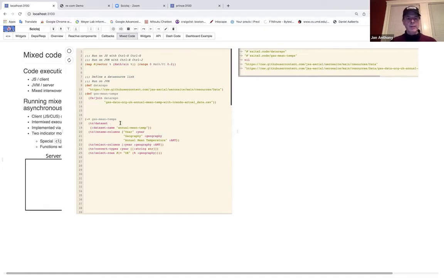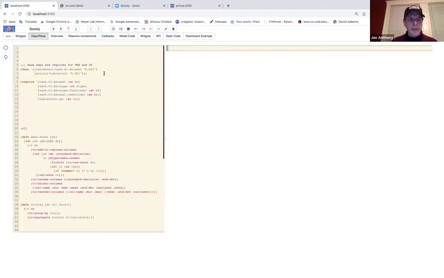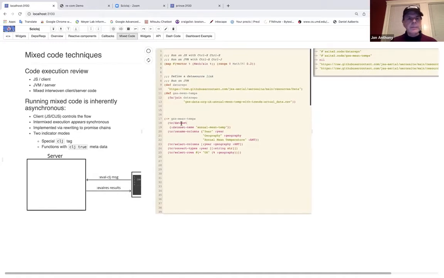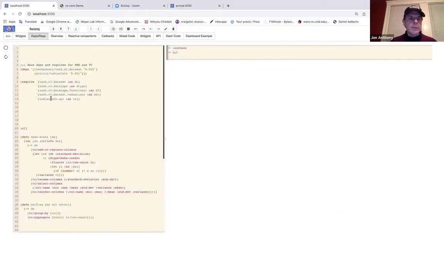Same thing here for this TC data set. Oh, this is worth noting too. Let me just do a slight aside. We already pulled in our depths, so we can just execute that on the JVM. This has already been done, so it'll be very quick. But normally this runs, so we do our depths and requires of all the stuff that we're going to want to use on the JVM in this thing. So that's where this TC comes from, because that's one of the things that was required,